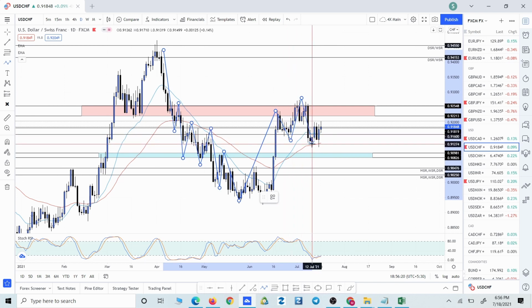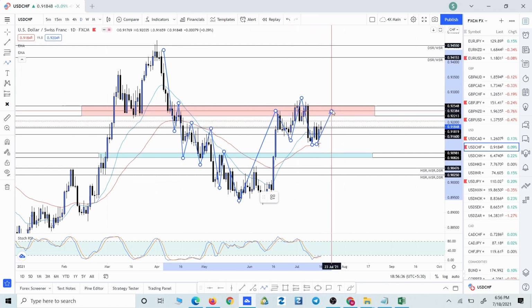Now price closed below the previous low, but that doesn't mean that we are in a bearish trend. But for now, as the price already closed below the previous low, we do not have a bullish bias on this pair at the moment. What we can look for is price to retrace back to this resistance zone, and then we can look for any kind of